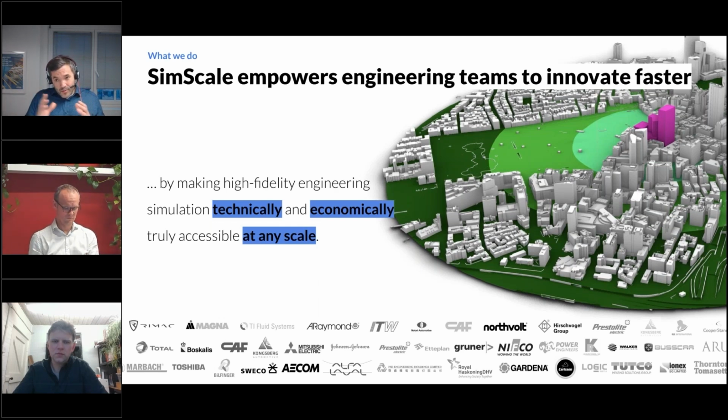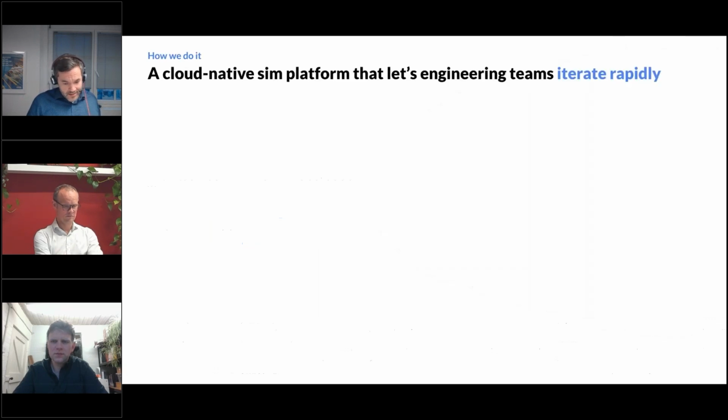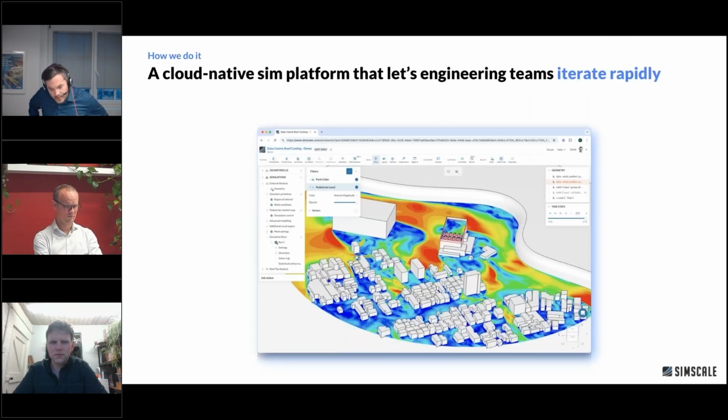For the ones that don't know SimScale yet, here's really the one slide about SimScale. We heard SimScale is about helping engineers innovate faster. How? By making simulation truly accessible. That's a screenshot of SimScale, with hopefully a relevant simulation: external flow around a city and the location of heat pumps on a roof. Again, we have the two experts here, so I'm not talking about this too much. We're going to hear much more competent words about this in a second.